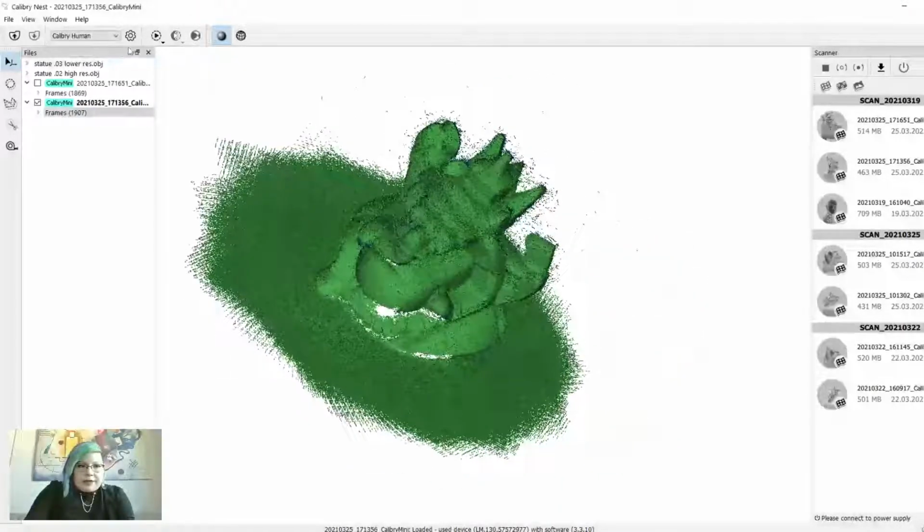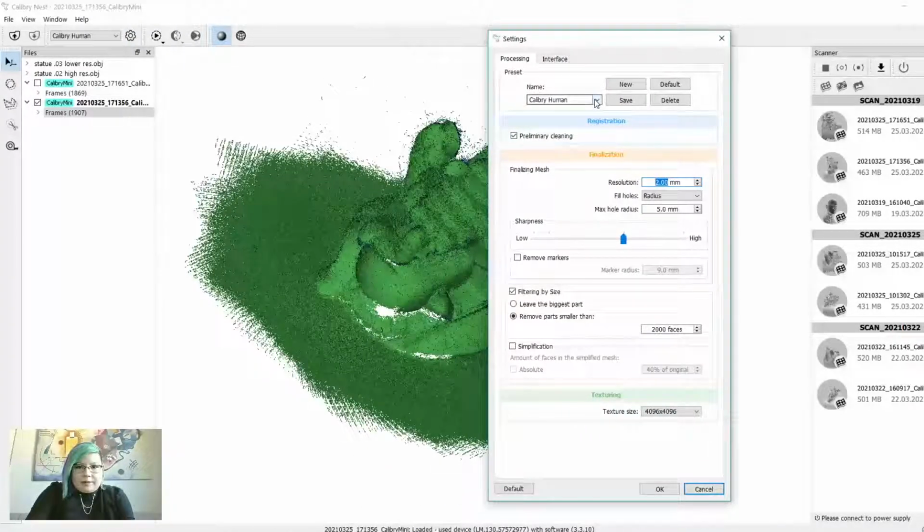So before I do anything, I go to the settings here, which is this wheel at the top, and I make sure that it is set to Calibry Mini. Okay. The lowest resolution we recommend for the Calibry Mini is 0.15. You can always increase it to 0.3 or 0.4 depending on your needs, but anything lower than 0.5 you won't get the best results. So I'm going to increase it to 0.3 just to make processing before we align it